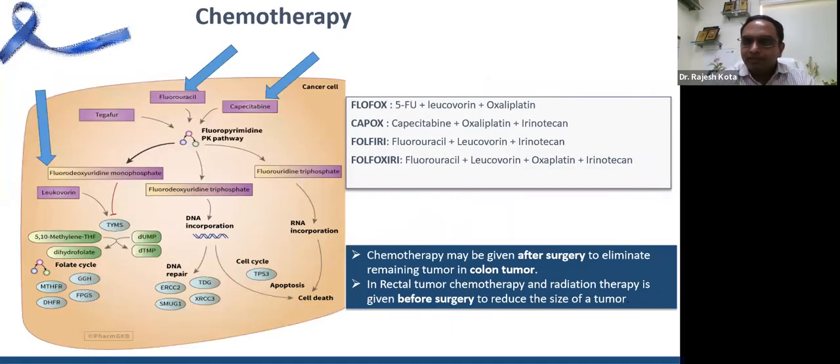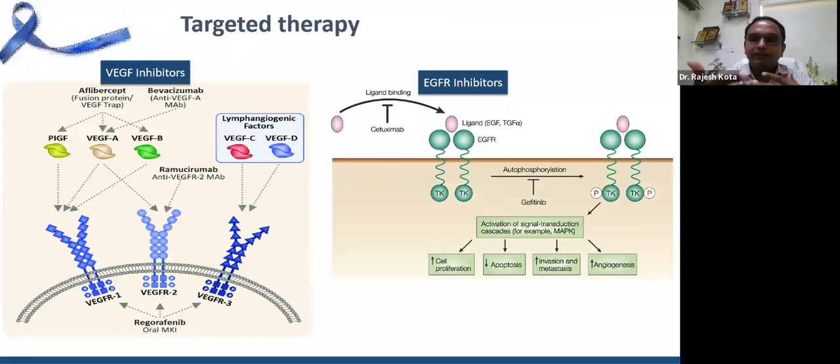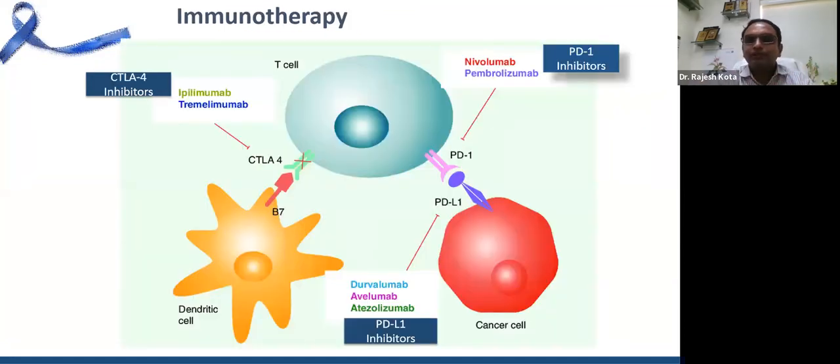Chemotherapy: there are various chemotherapeutic agents that are active and that can kill the colorectal cancer cells. So the cancer specialist who is treating your cancer decides on what combination of drugs you need to get. If you need to get targeted therapies, if you need to get immunotherapies, these are all the latest developments in chemotherapy, or the systemic therapy we call immunotherapy, that is stimulating our own immune system against the cancer cells and trying to kill the cancer cells.